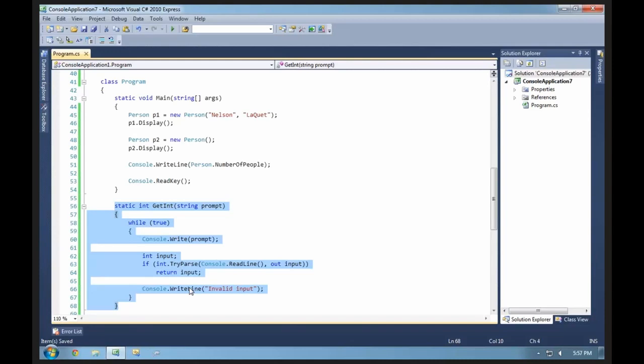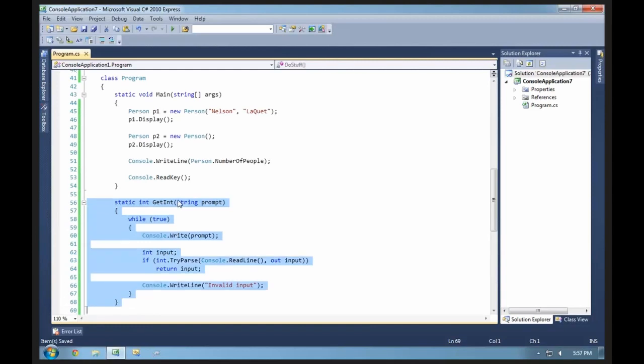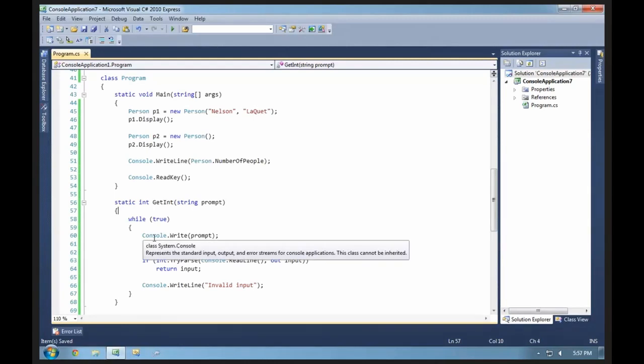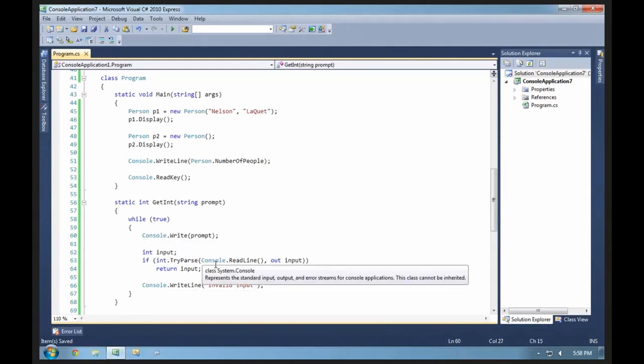So for the sake of it, I can't say that it is, but it is conceptually staticable because it returns a value and takes an input. It does not depend on external state. You can argue that it does because it accesses Console.Write, Console.ReadLine and Console.WriteLine, which technically do alter the state of the program externally,